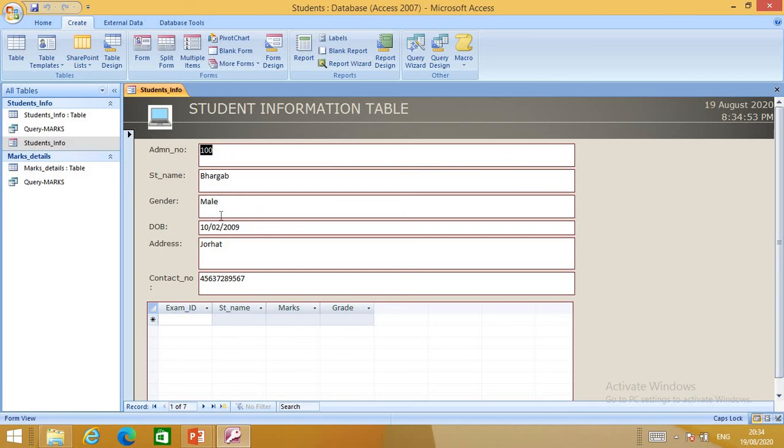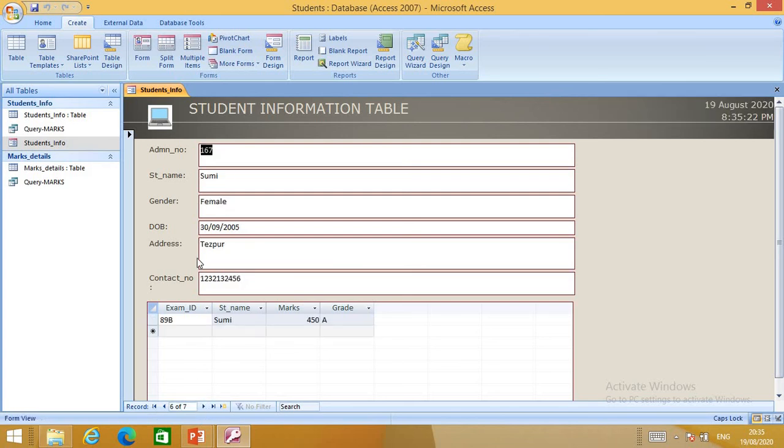Okay, so in a form you can see the records, the information, one at a time only. You can go to the next record. See, this is the first record, 1 of 7. In the below you can see this is my navigation pane. Record 1 of 7, then 2 of 7, 3 of 7, 4 of 7, 5 of 7.